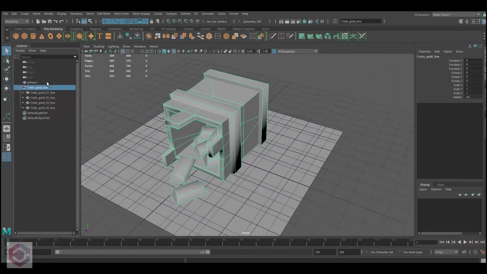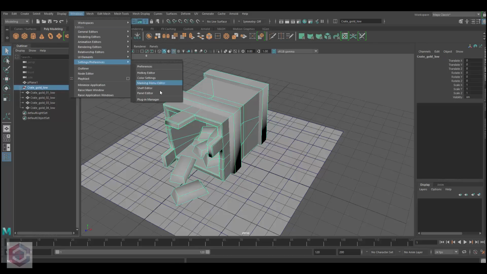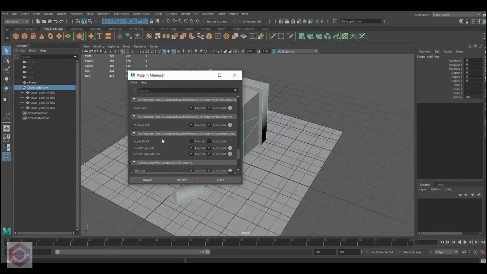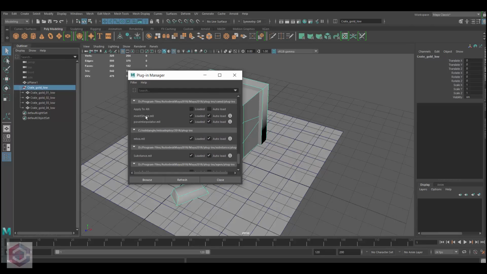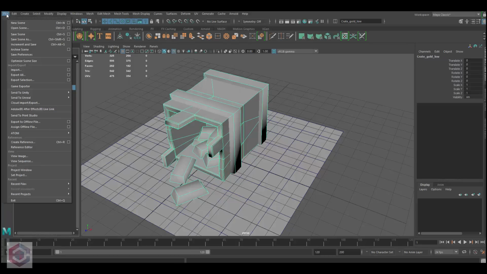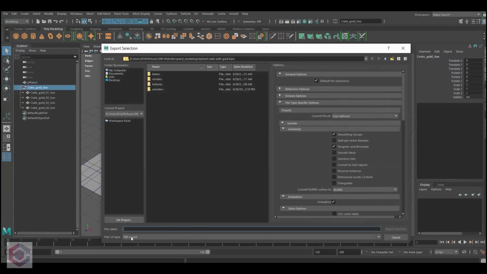And by the way, if you don't see the FBX option in Maya, go to Windows, Settings, Preferences, Plugin Manager, and all the way at the bottom usually you can look at fbxmaya.mll. Make sure this is loaded and auto load, and just refresh and close it. Once that's done, go back to your export selection and select the FBX export type, and before you